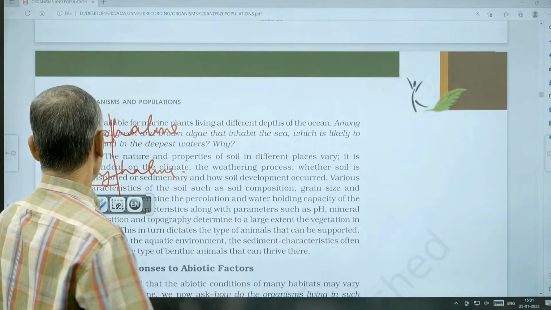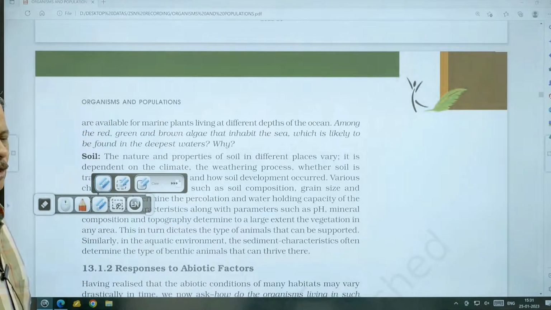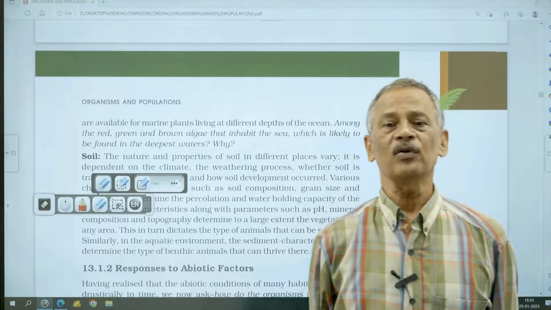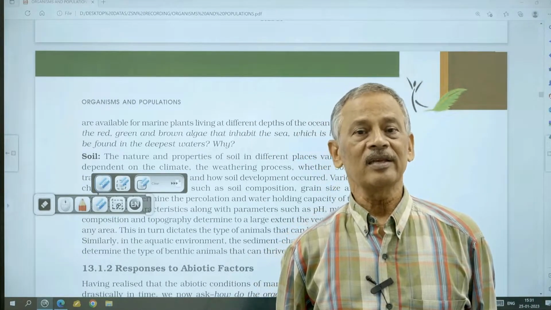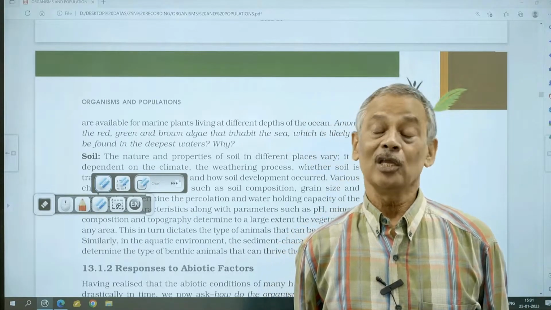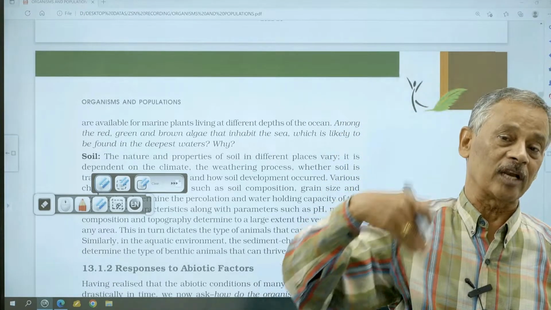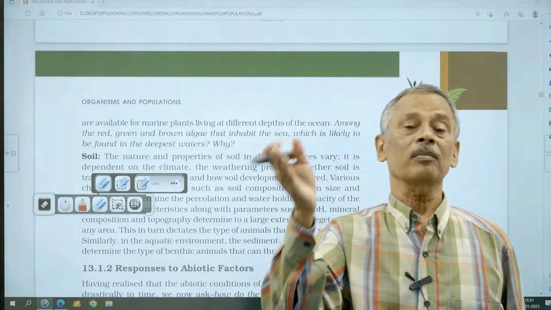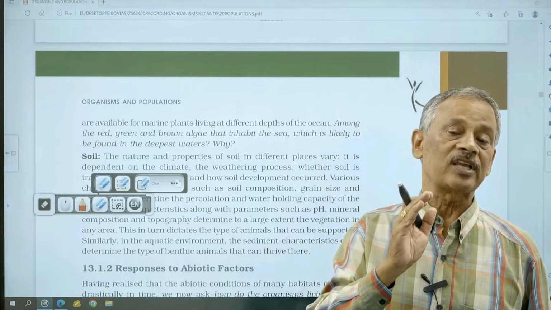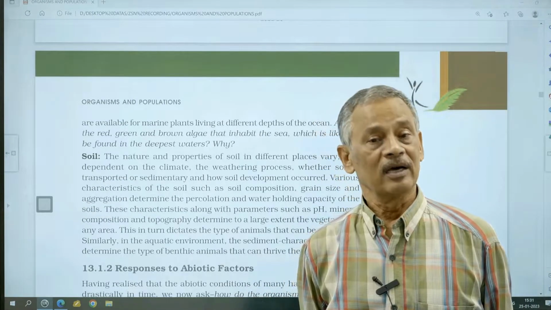Now, for light, there is one more special interesting feature: the quality of the light. We know that plain light is made up of 7 colors, and of these 7 colors, red has the longest wavelength, and so it has great penetrating power. It can reach the deeper part of the ocean. So only such plants which can utilize these red rays reaching there can live.